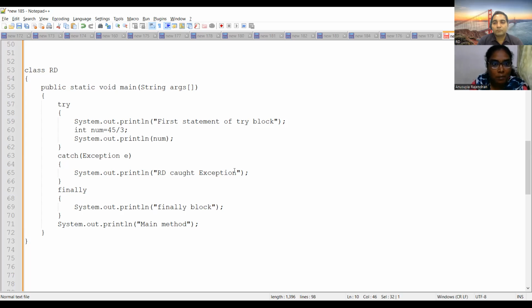First I will be printing the first statement of the try block, and I will be printing the number 15.